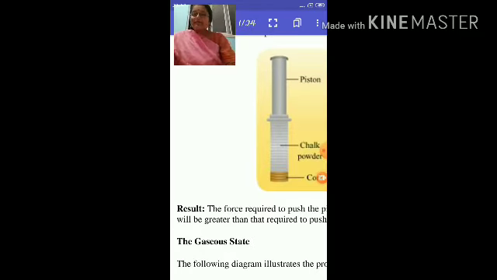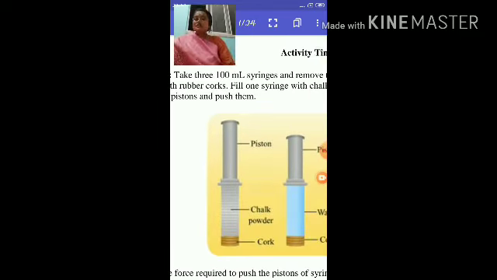The result is, in the case of the first piston, we have to apply the greatest pushing force. In case of pushing the first syringe with the help of piston, the applying pushing force is the greatest,